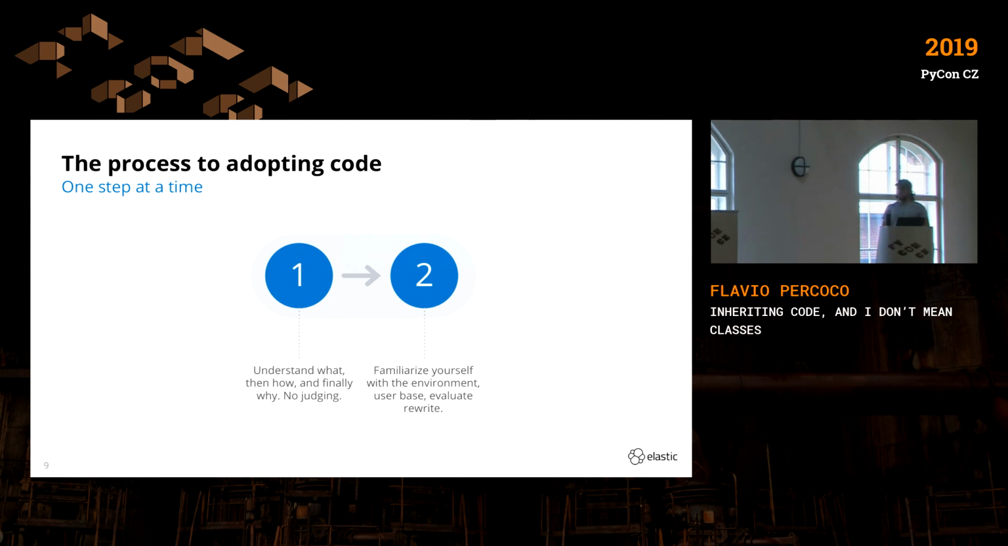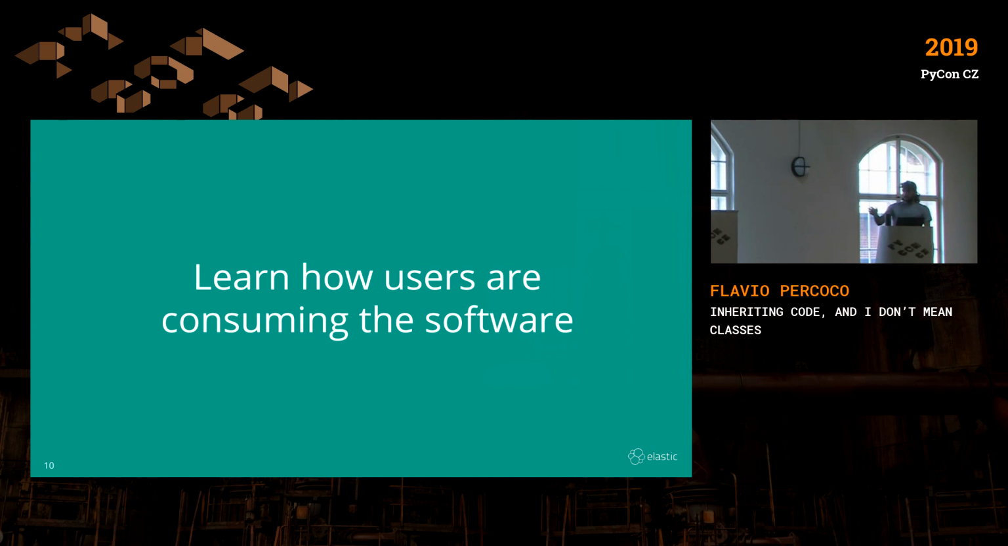So the second step in this process would be to familiarize yourself with the environment and the user base, and evaluate a possible rewrite. So we're adopting some code. We tend to just assume that the only thing we can do with the code is refactor it and keep adding stuff to it. But rewriting the software is also an option, which has to be consciously evaluated, but we'll get there. So I'm not going to spoil anything, actually. And to familiarize yourself with the code base,